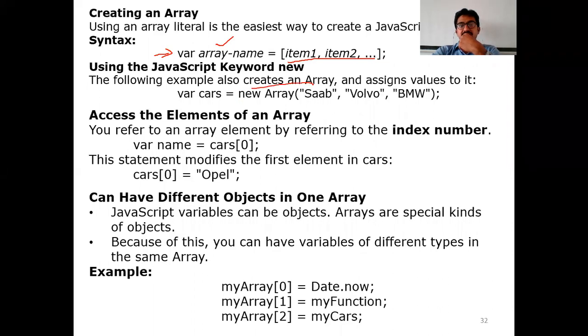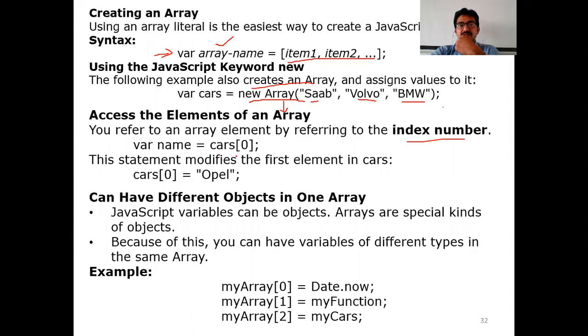It creates an array, like in Java, where we create memory with the help of the new operator. So here we can also create the array with the help of constructors. That is var cars equal to new Array, creating an array with the help of the new operator with these 3 values. If there are 3 values, the size of the array will be 3. Right. So how are we going to access array values? Array name of 0th index, followed by index number. Index number plays a vital role in accessing the elements of an array.